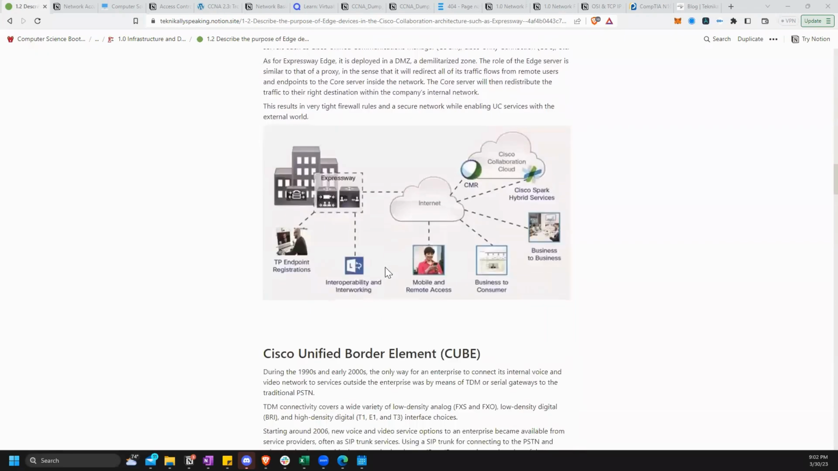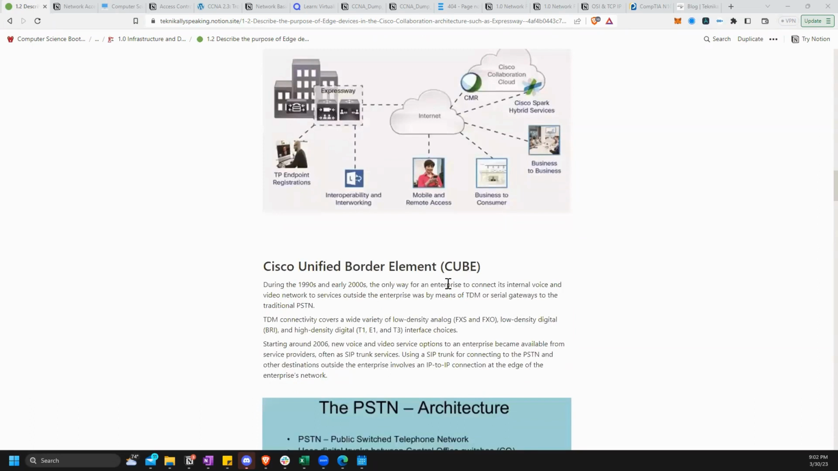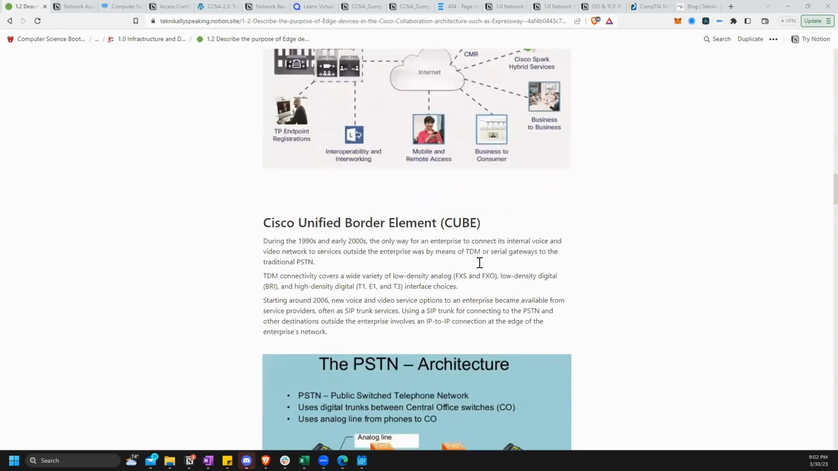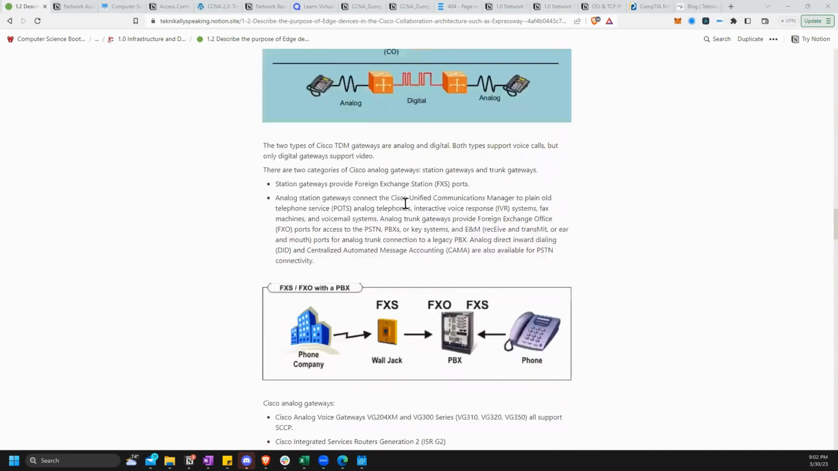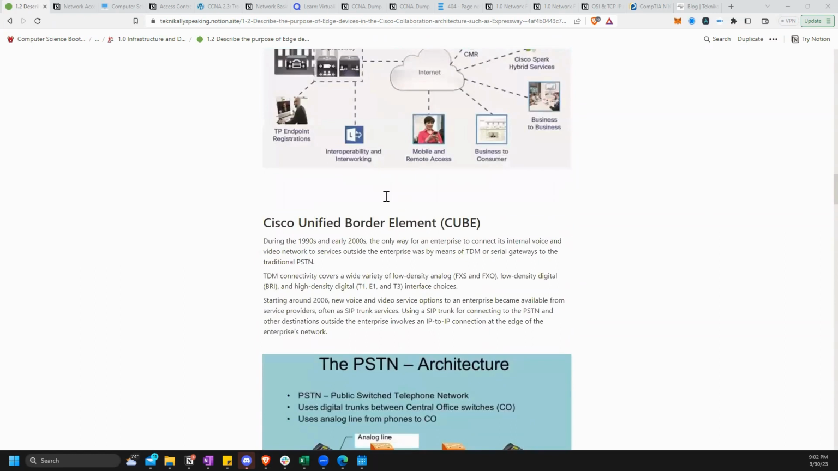Okay. Now let's talk about CUBE. Cisco Unified Border Element. That's what CUBE stands for. CUBE is just a router, and it's a router that allows a digital line of communication. Now, of course, I have to give you a little back end of lines of communication before you can actually understand CUBE. Now, we know that back in the day, the only way we could send calls was through the